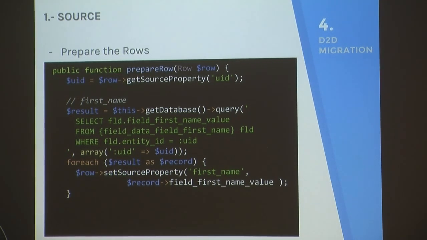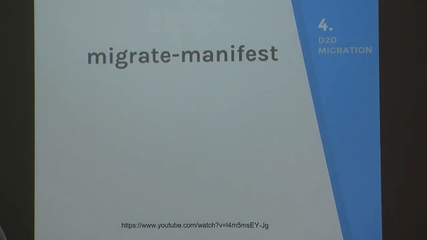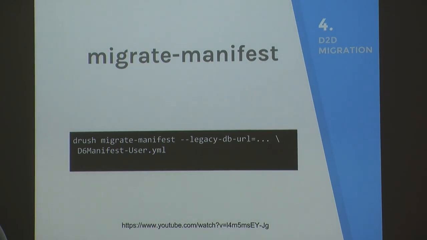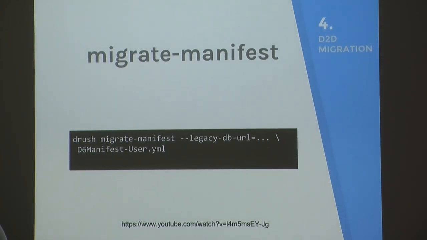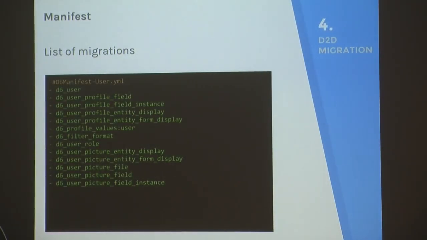as we saw in the previous migration. Or give a try to migrate manifest. Migrate manifest is this script. Drush migrate manifest, legacy DB URL, and your YAML file. And what is in this YAML file? Every migration you want to migrate. Not all of the migrations Drupal can migrate, only the ones you want to migrate. Okay? If you want to migrate fields, if you want to migrate users, if you want to migrate profile fields,